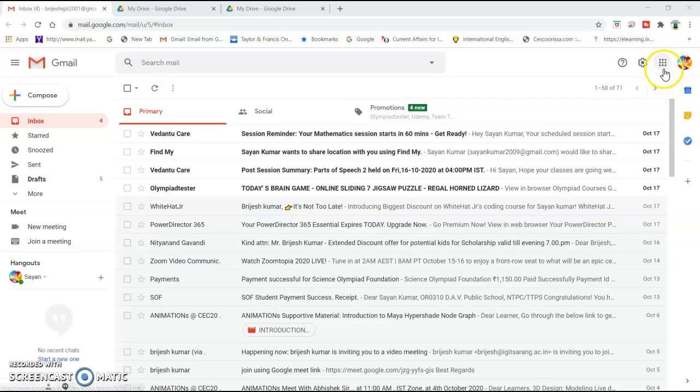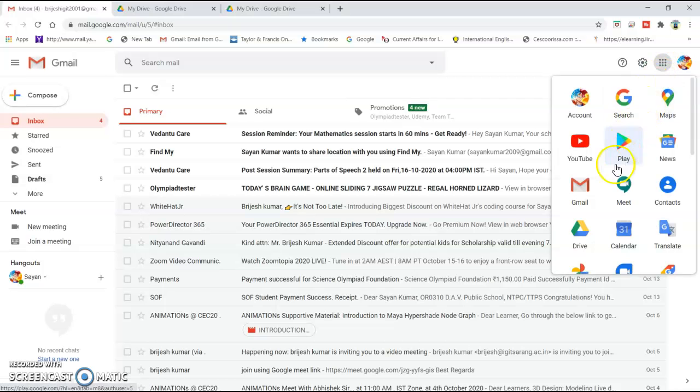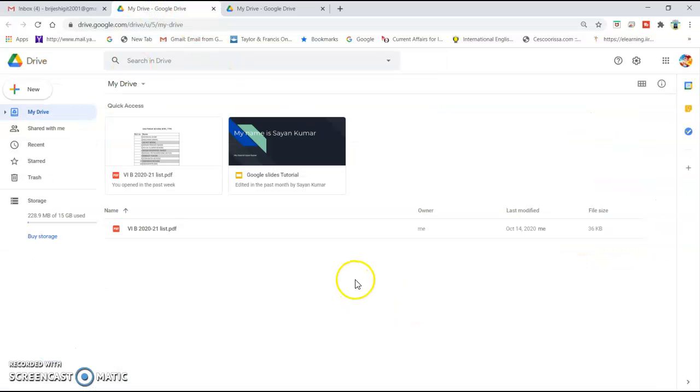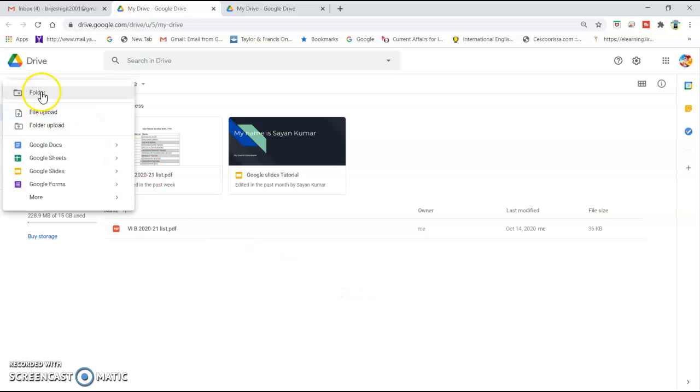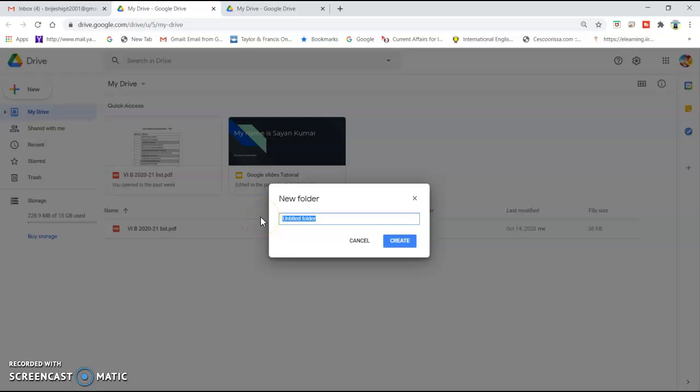So here we will go to the Google app. In the Google app, there is an option called Drive. Just press the Drive icon. What are you going to get? You will get a Drive. Inside the Drive, do one thing. You open a new folder and write down the internal exam,